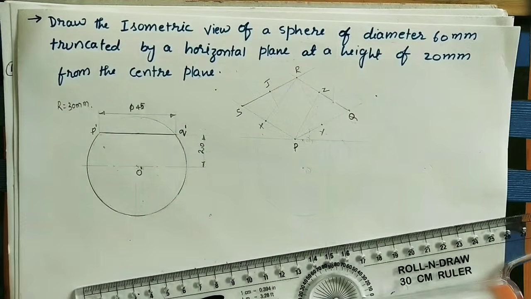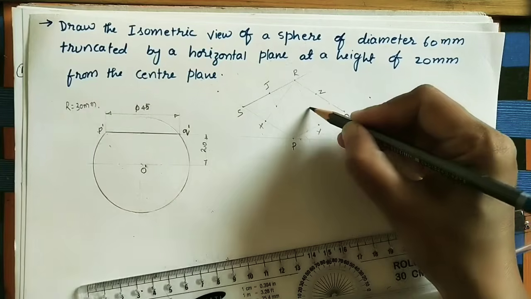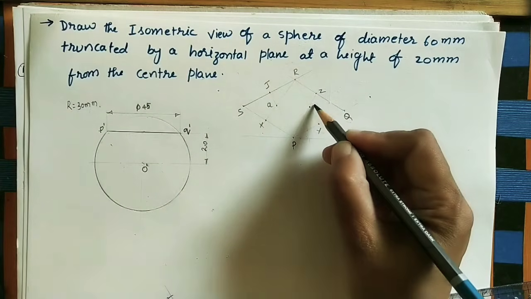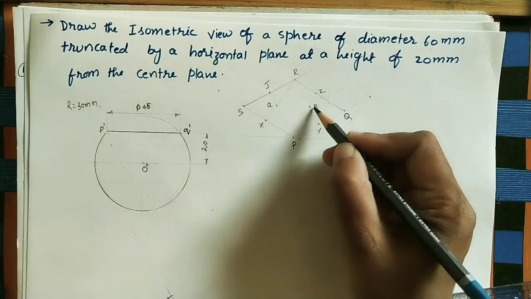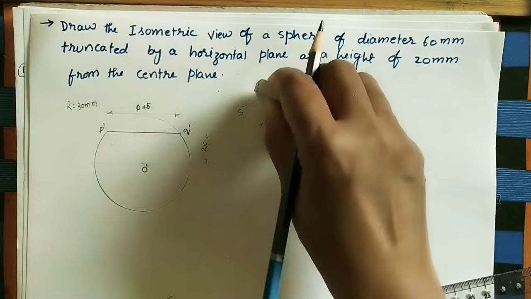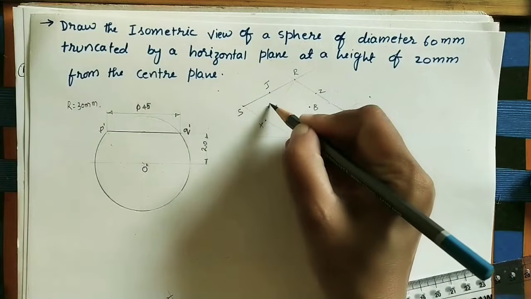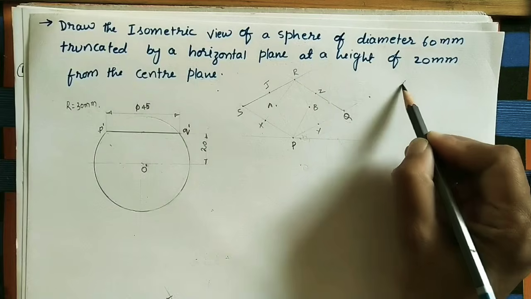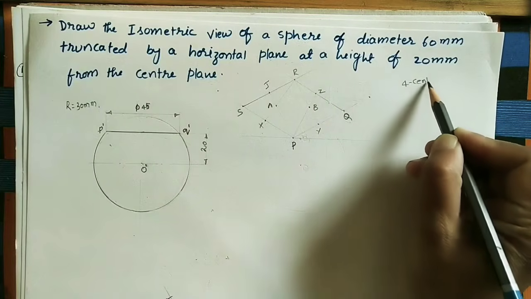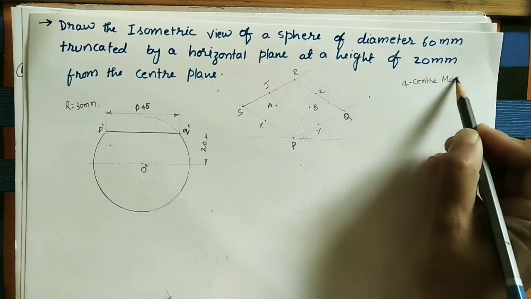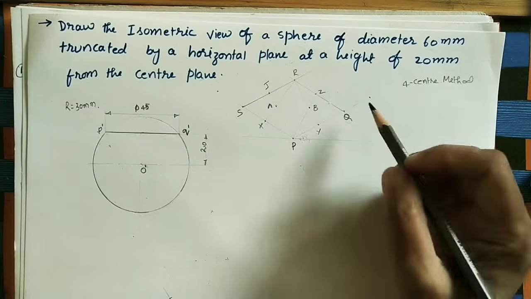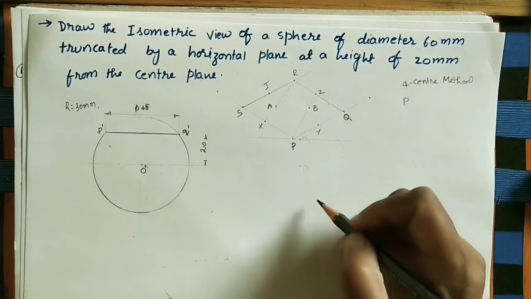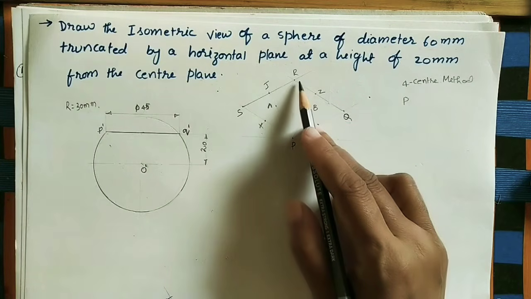Now here we got intersection points, this point and this point. Let us take this as A point, this as B point. Give capital letters. Here also write capital A. Here we got intersection points A and B. Follow the 4 center method for doing the ellipse. In it we are finding 4 centers. So the first center is whatever initial point we are taking, P point. Next point is this point.